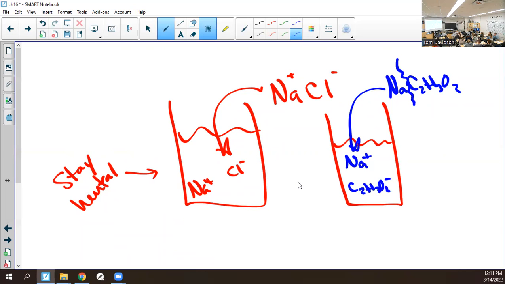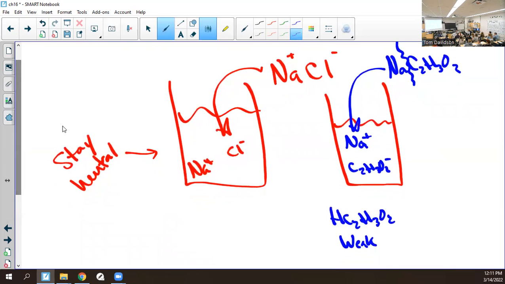Now, what I'm about to say people don't like: acetic acid, an acid you memorize as being strong. No, this is a weak acid. Okay, so we got to think about the secondary part here. Sodium acetate is added to water. So what happens now is the acetate ion finds a hydrogen ion